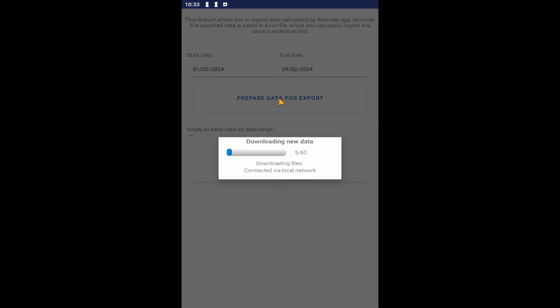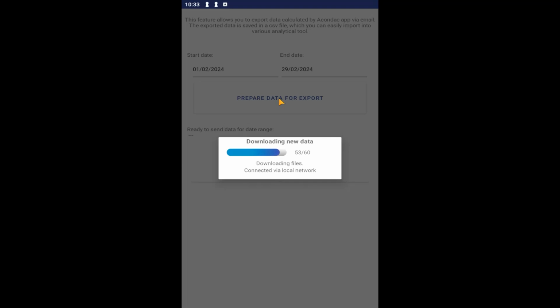Here we often receive questions about how large the time interval specified for a given period, i.e., its range, can be. It can indeed be up to a year ago, but we recommend dividing that period into several intervals, most commonly by quarters, so that there isn't too much data for the application to process. Because first, the data needs to be read from the pump's SD card, then it needs to be processed, and finally, the application needs to make calculations, sort them into a CSV file, and prepare the data for sending.